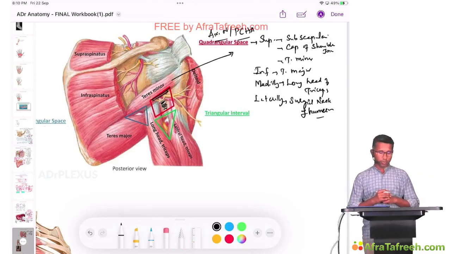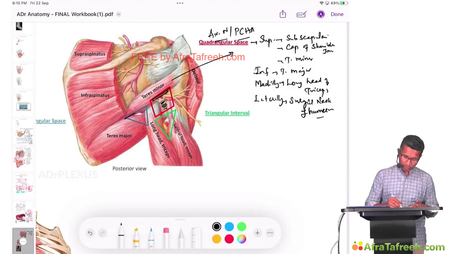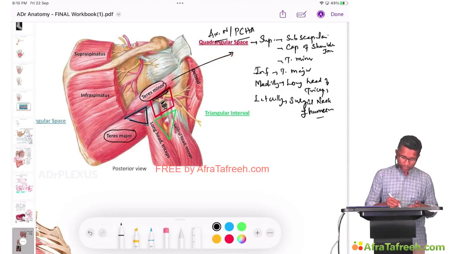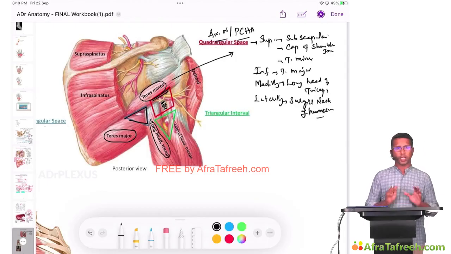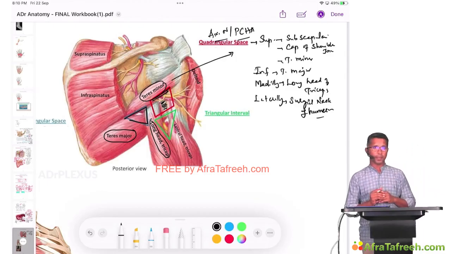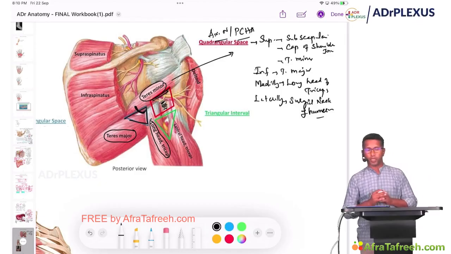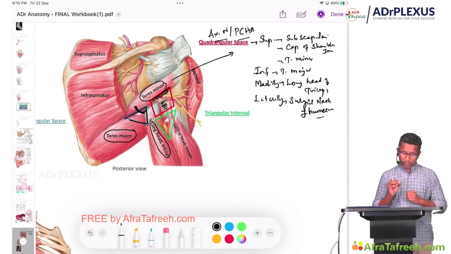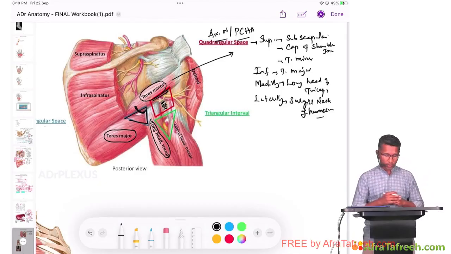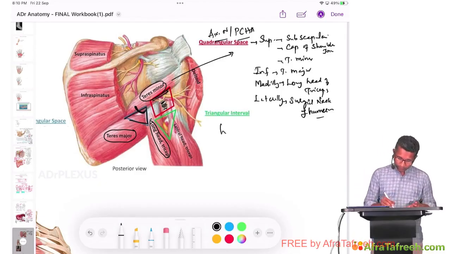Now coming to the upper triangular space, you can see the upper triangular space is bounded superiorly by the teres minor, inferiorly by the teres major, and laterally by the long head of triceps. Not an important space. Sometimes the circumflex scapular artery can pass through this space, but the lower triangular space is important. Okay, the lower triangular space is bounded